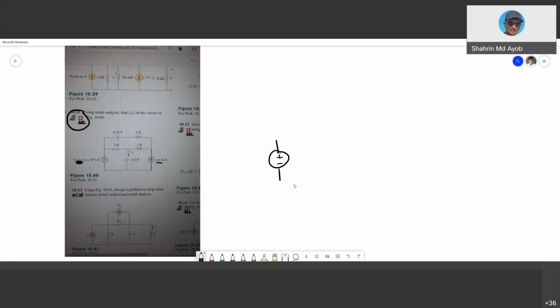Okay, and then sine into cos. Sine omega t is equal to what? Cos omega t